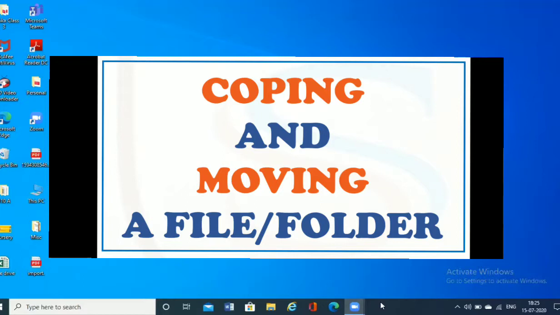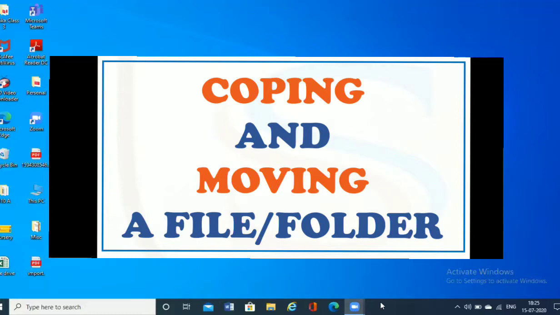In day-to-day life, there can be times when you need to create an additional copy of a document. There are two ways in which you can work with the copy of a document. One way is creating a duplicate copy of a file or a folder and storing it in any other location of a computer, which is said to be copying.